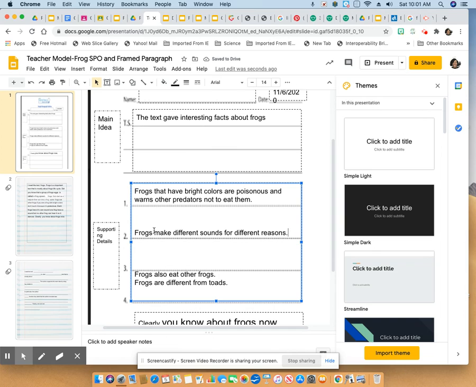Okay. Here's another detail. Frogs are different from toads. Okay, I'm not going to even use those details. I only need two. So I'm going to take that out. And I might want to put some examples here. Frogs make different sounds for different reasons, and to support this, I might even put this. Okay, for example,